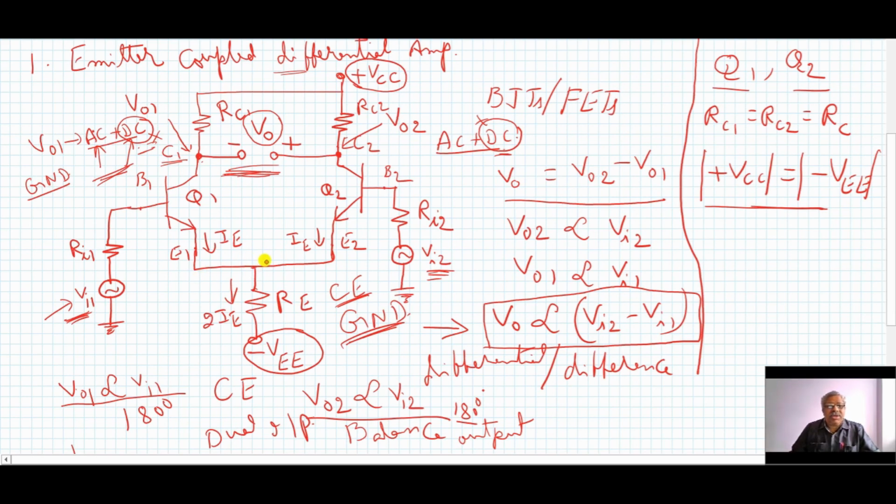These are the four types of differential amplifier configurations, and all four are emitter coupled differential amplifiers because the circuit is the same. Based on the way we collect the output and the number of inputs we give, the configuration name changes. Otherwise there are no other differences. All other points are common to all the four circuits: both transistors are identical, RC1 is equal to RC2, RE is common, and biasing conditions of Q1 and Q2 are exactly similar.